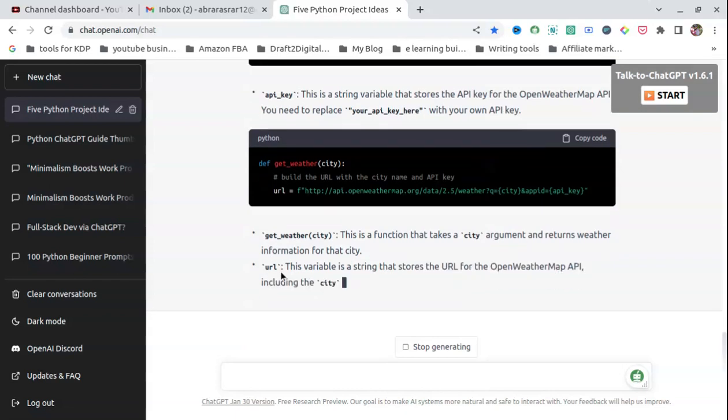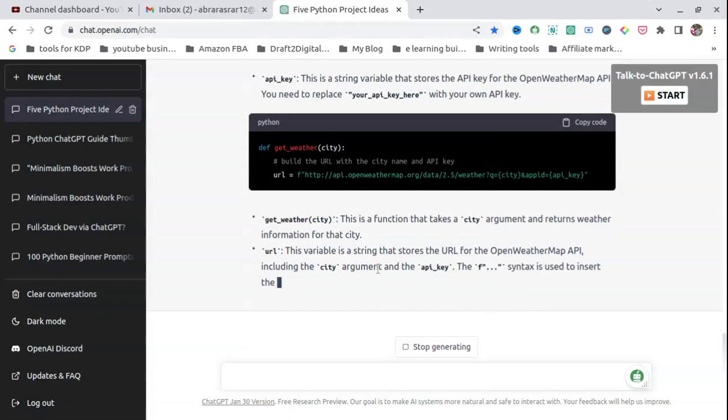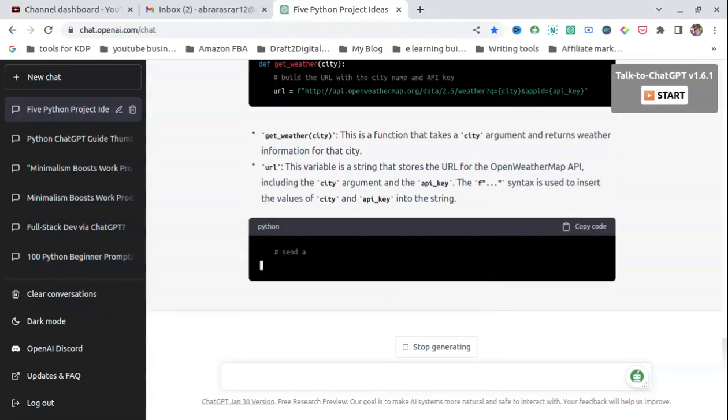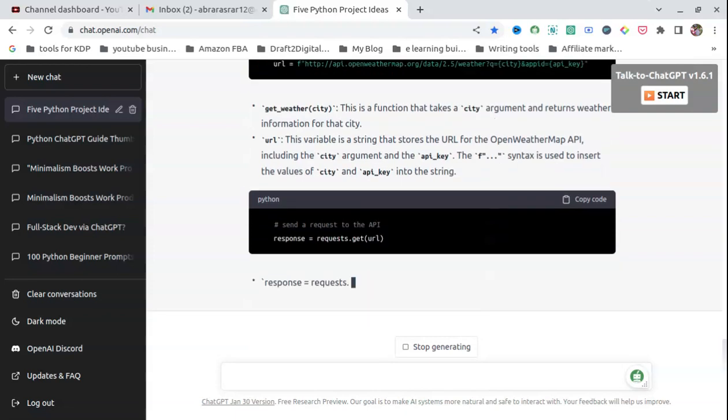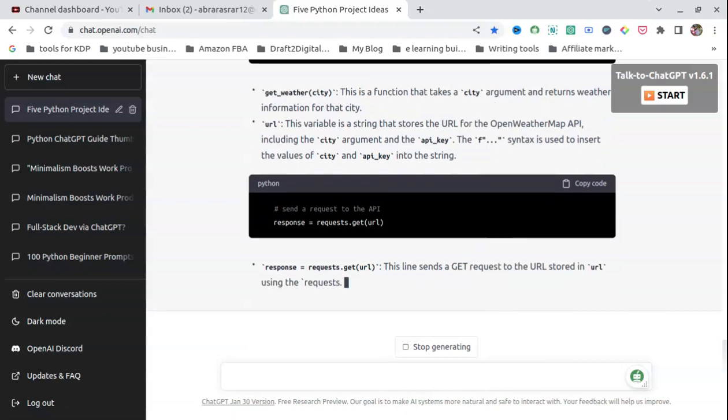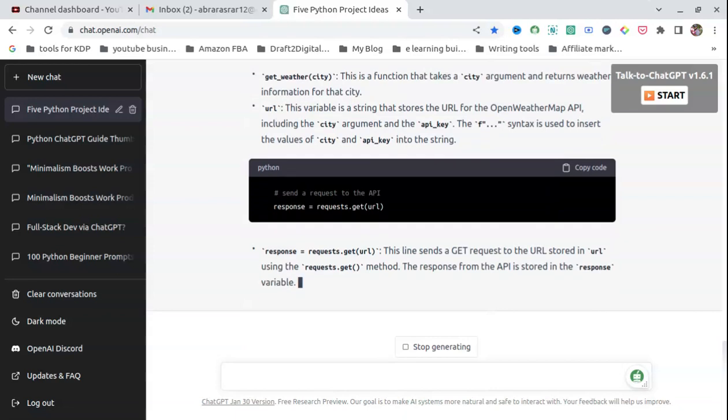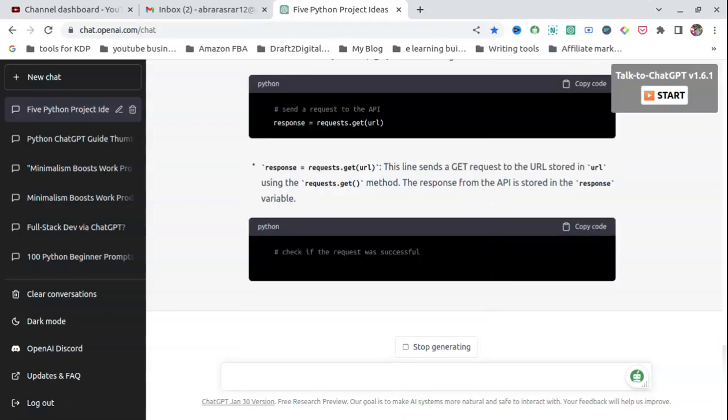And see, even the URL, this is such a basic thing, it will explain in big detail. For some people who are already experienced in coding, it may look a little boring, but for people who are just starting up and people who are stuck at some problem, this is a lifesaver. So it will go on explaining like that.